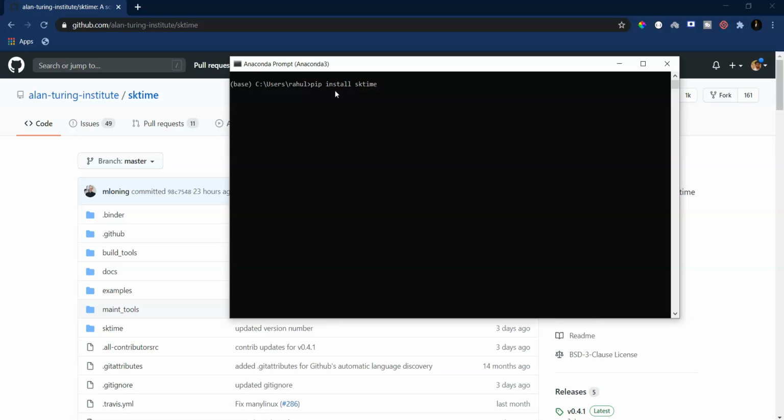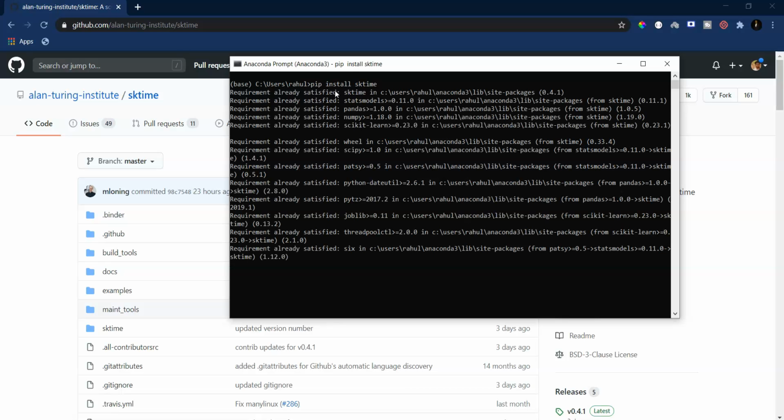The installation might take some time because it has various dependencies: it depends on sklearn itself, on pandas, numpy, and some other libraries too. In my case it will say requirement already satisfied because I just installed it,